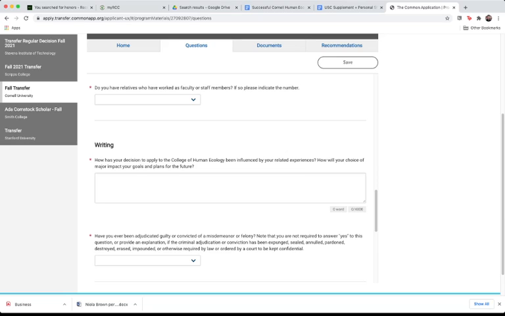And so what you want to do is copy this question and paste it into a Google Doc or a word processing file of some other kind so that you can work on the essay outside of this box. You do not want to type your essay into the box. You want to copy and paste it from a Google Doc or another word processing system. And you only want to paste it into the box once you have had other people review that essay for you, okay? Now you'll see here that you have 4,000 characters to work with, and that sounds like a lot,